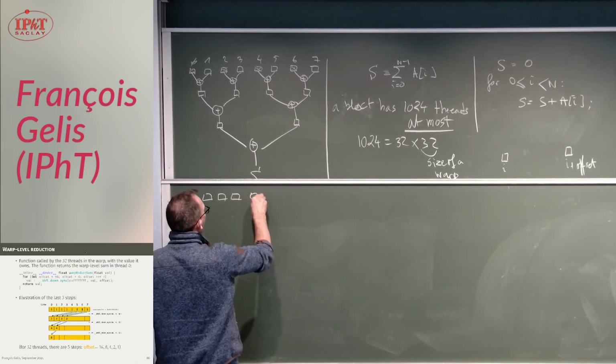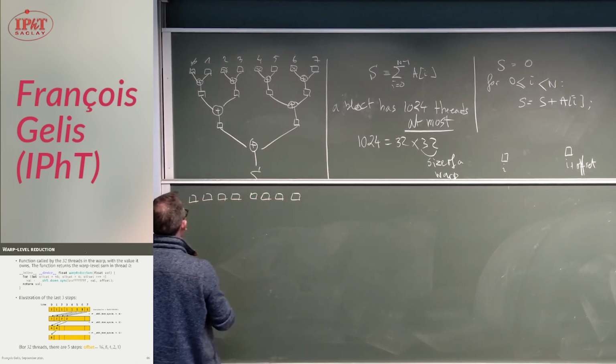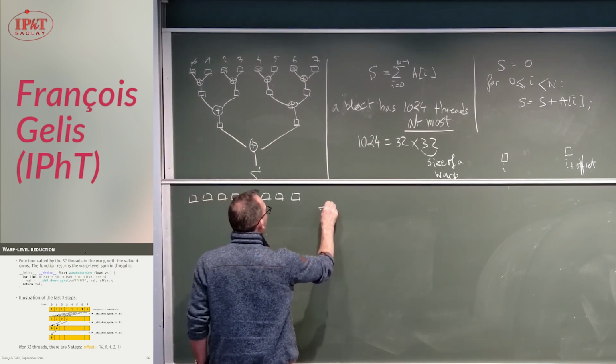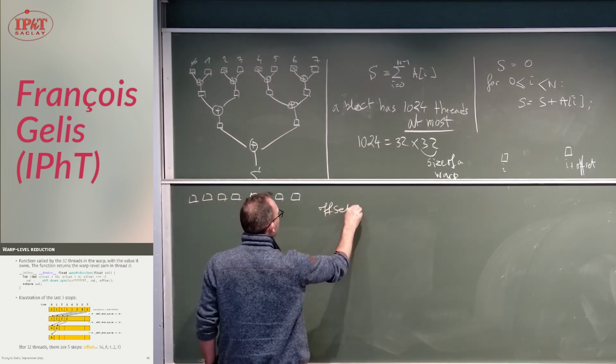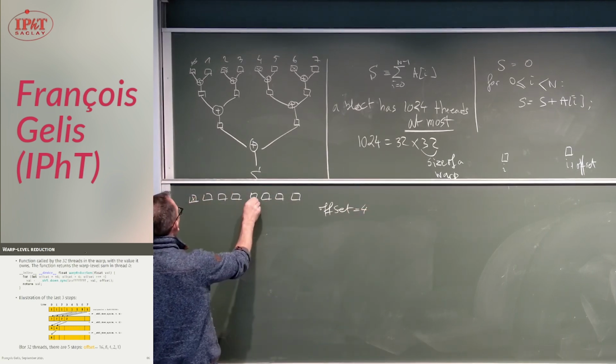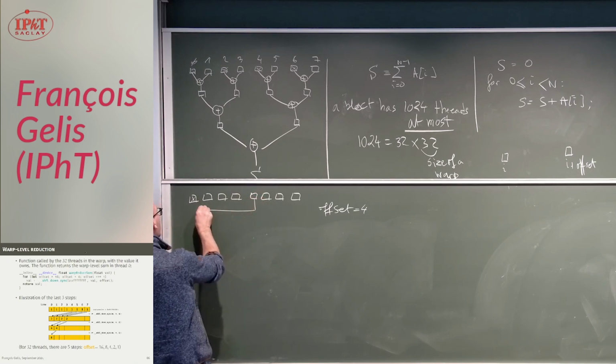In fact, you start from 32, but I'm not going to draw 32 squares. And so the first iteration will have offset equal 4, which means that this one will be combined with the one which is 4 cells further away, and then you do an addition and put it